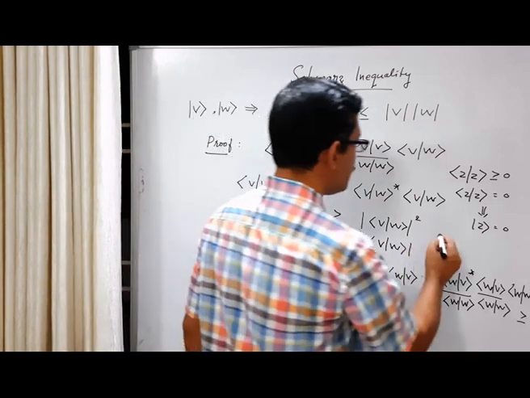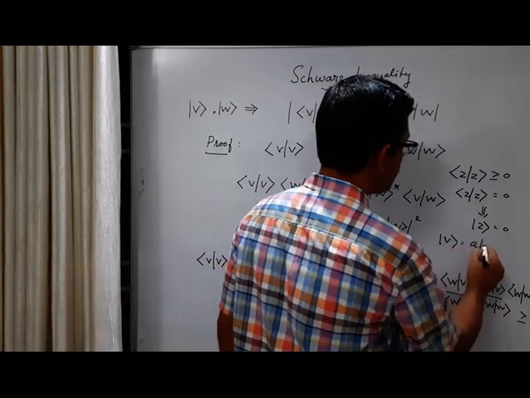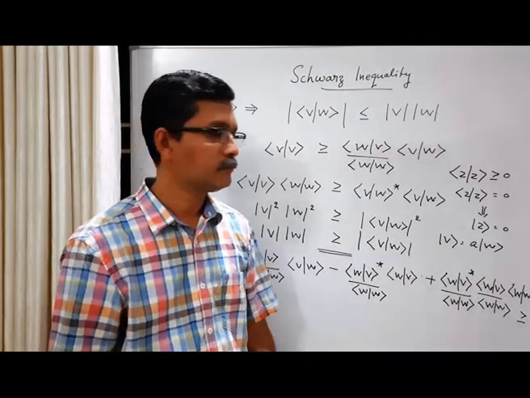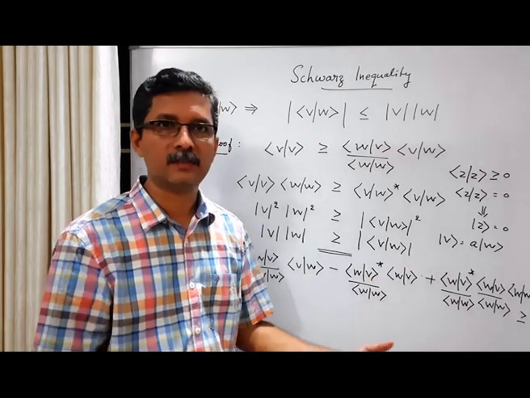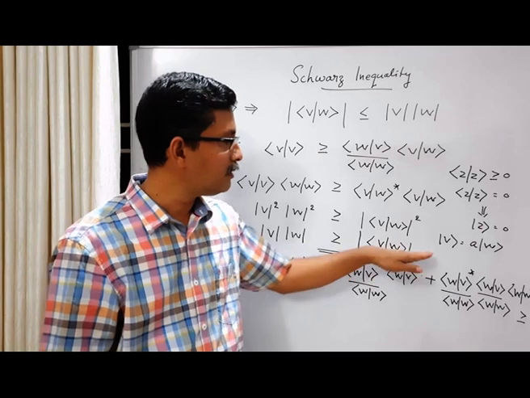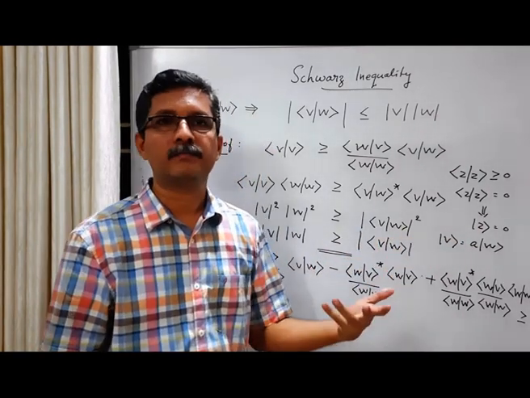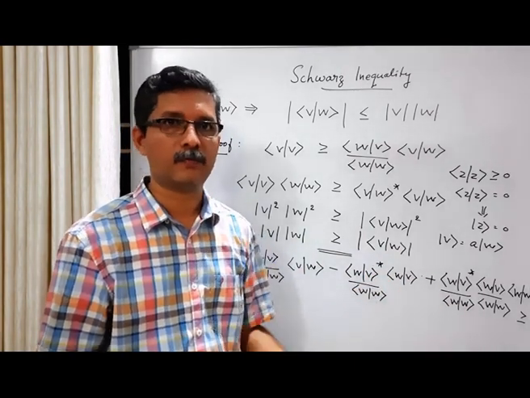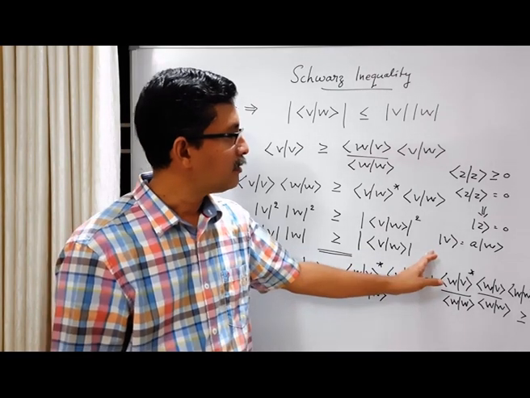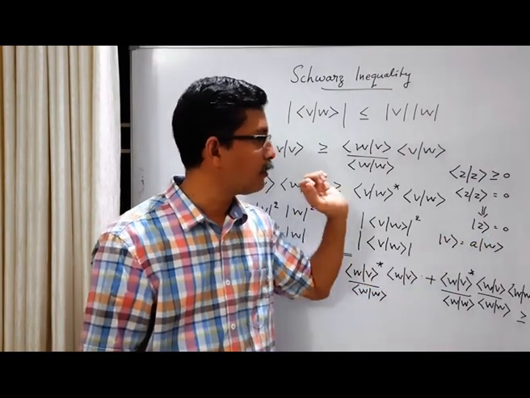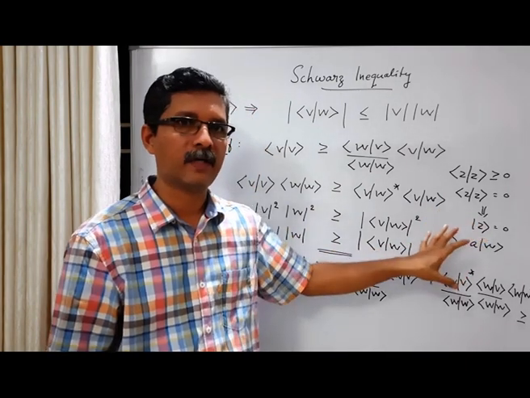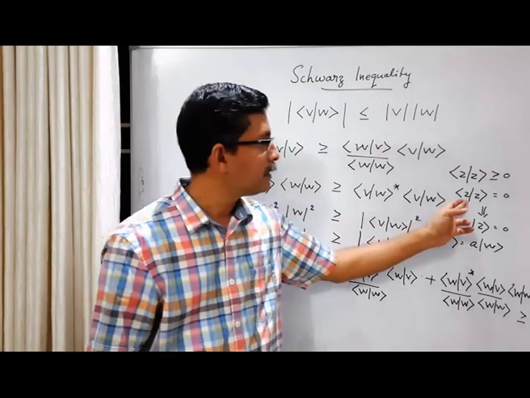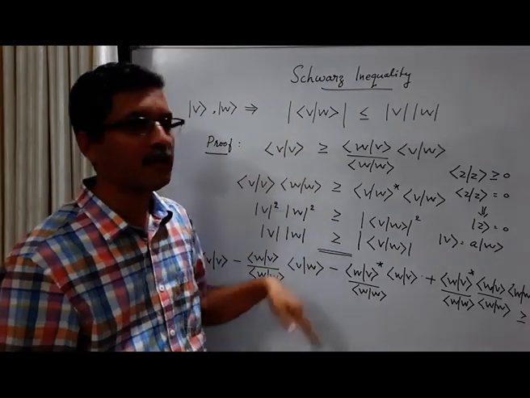In other words, we can say ket v is equal to some a times ket w, where a is a scalar, a real scalar. It can be positive or negative, but generally it's a real scalar. So when ket v and ket w are linearly dependent on each other, or in other words, they are a scalar multiple of each other, then we can say ket v is parallel to ket w. There is no orthogonal component of ket v. So that is ket z is 0, which means the inner product of z with itself is 0. Then this inequality becomes equality.